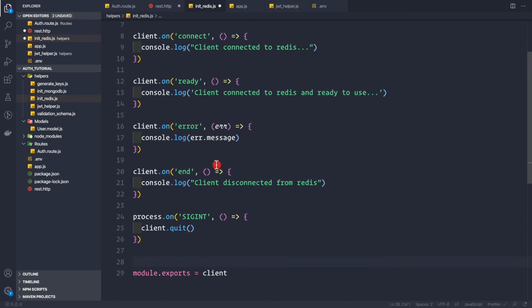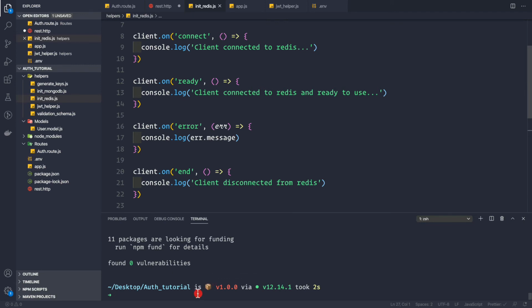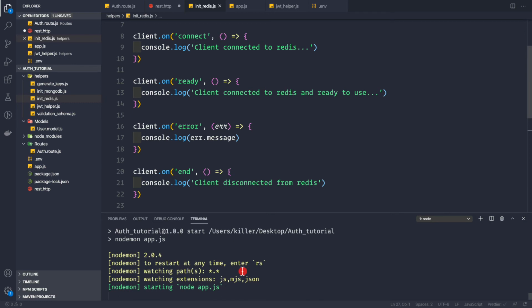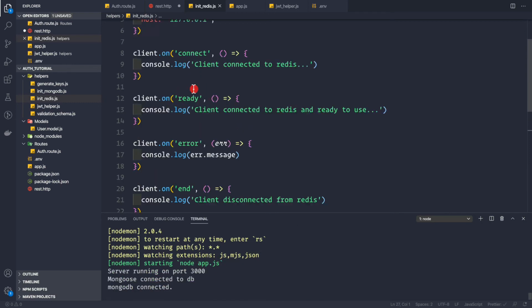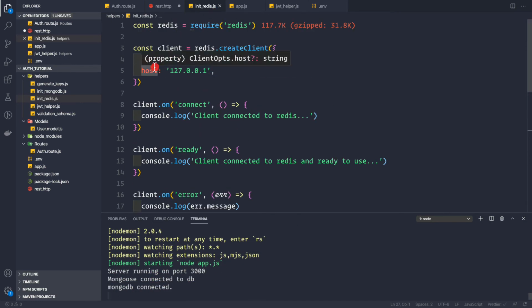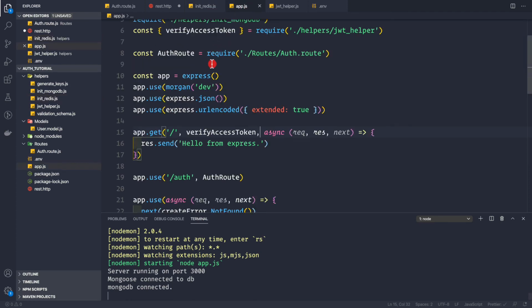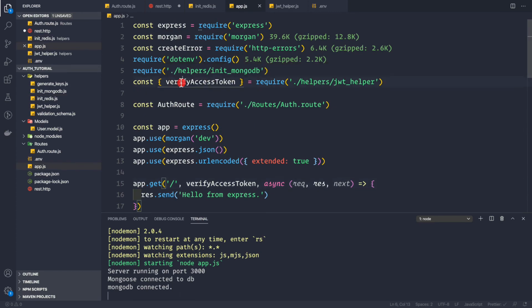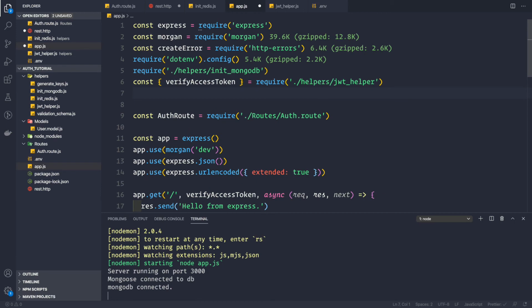So let's save this file, and now let's open our terminal and start the application. So npm start, though we won't be connecting to Redis because we haven't imported this file inside our app.js. So let's go to our app.js, and at the top, we need to require this file.